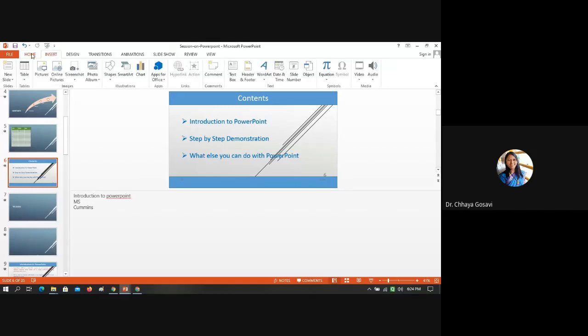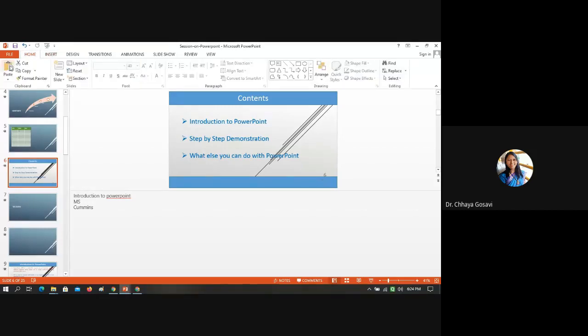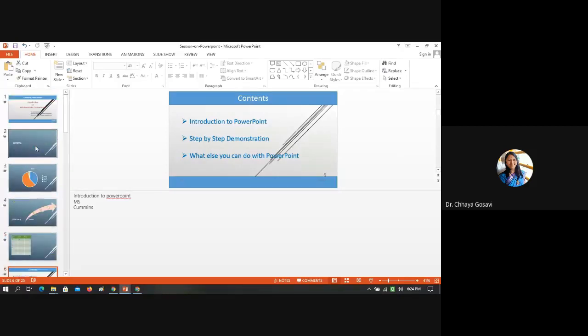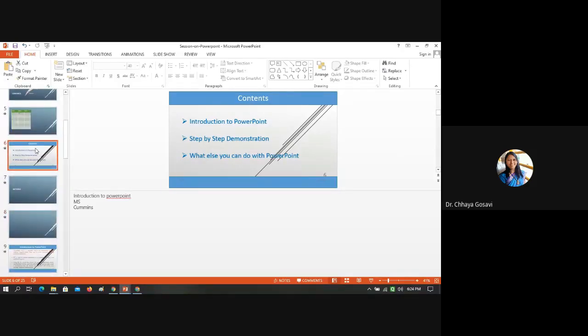So what we have seen, we have started with home. All these are called ribbons, and these ribbons are divided into groups. For example, here clipboard, which allows you to cut, copy, format painter, then slides. One more thing, you can use format painter for animation also. If you have given one type of animation,